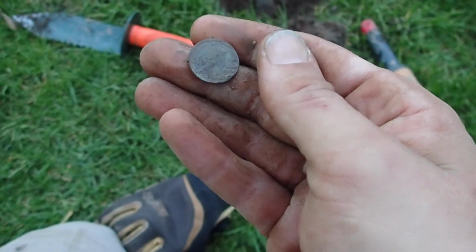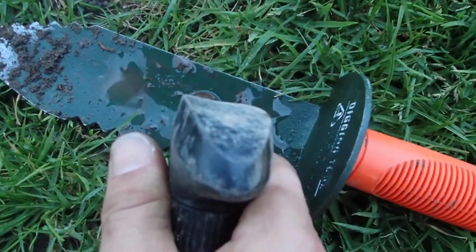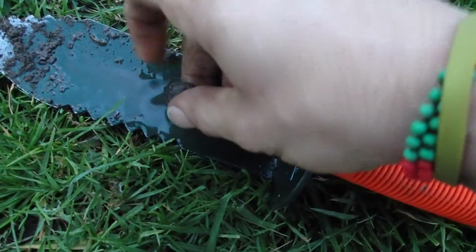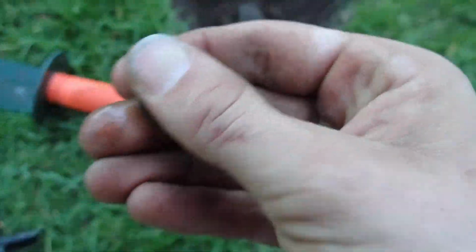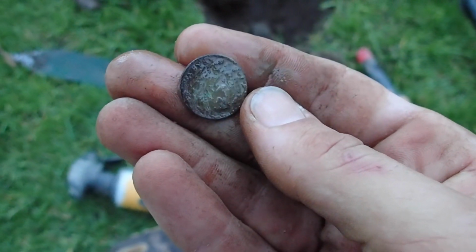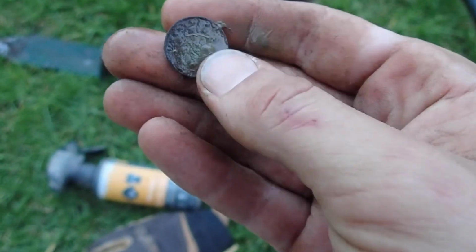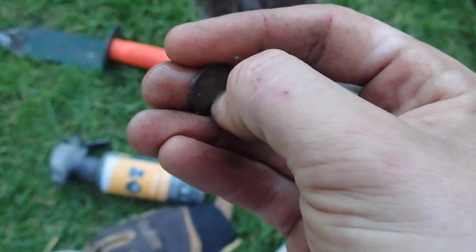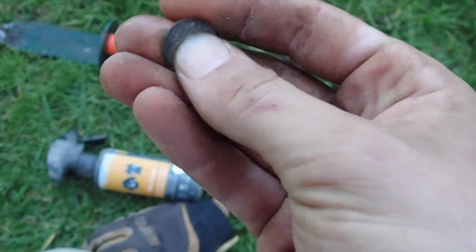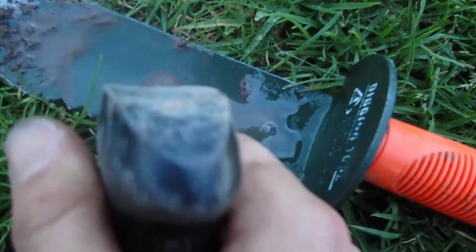Pretty sure it's a 6pence. I'm pretty darn sure. It's hard to tell, but I think it is. Might have to clean this one up a bit further at home. I'm pretty sure I can see the coat of arms. But, yeah, that's a 6pence. I can just make out the coat of arms. In fact,